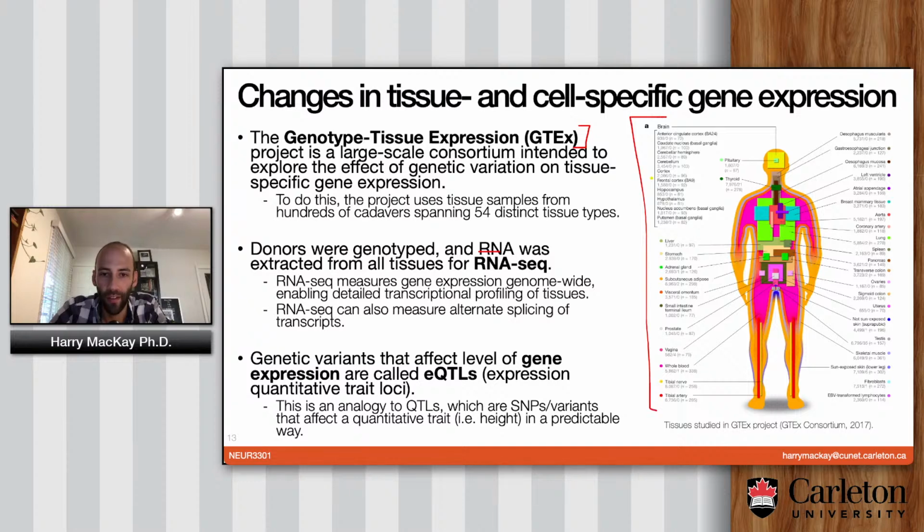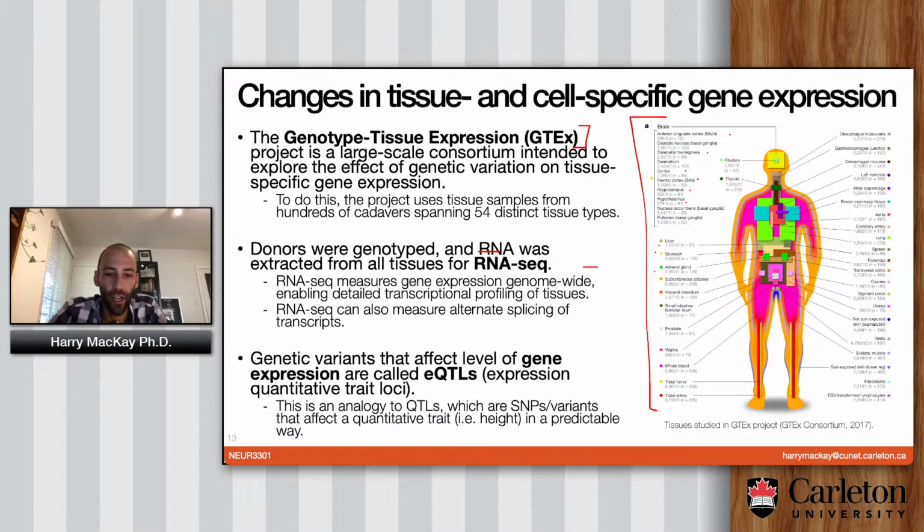They've got different parts of the brain: anterior cingulate, cerebellar hemisphere, cortex, frontal cortex, hippocampus, hypothalamus, and so on and so forth. They've got liver, stomach, adrenal gland, adipose tissue, the whole works. They've got tissue from every part of the body, all three germ layers are represented, all the different main things anyone would ever care about. Skin that's sun exposed and skin that's not sun exposed, all that good stuff.